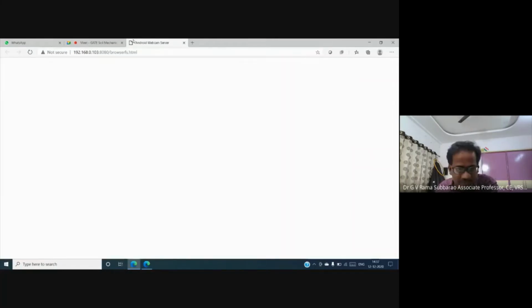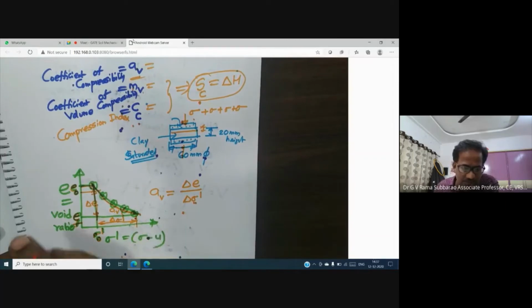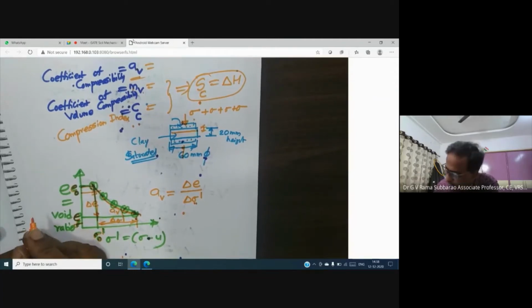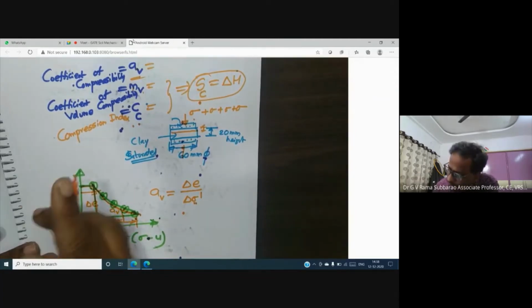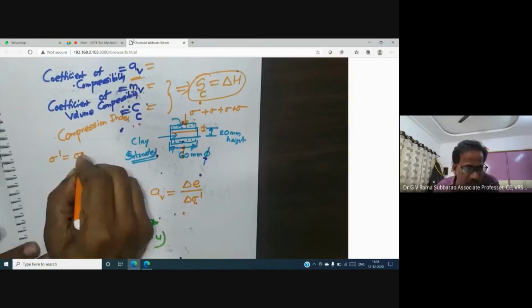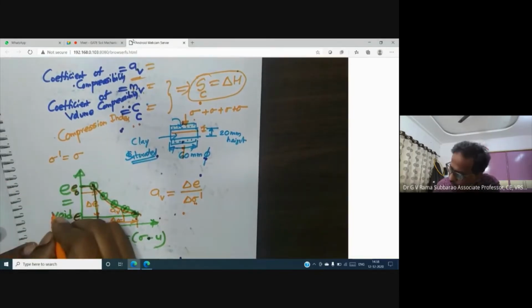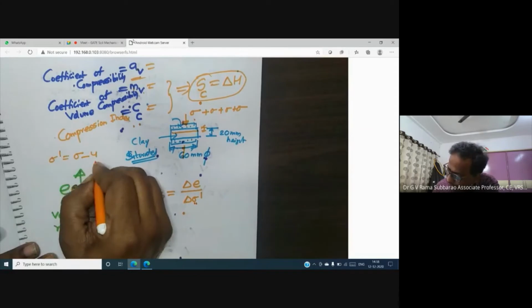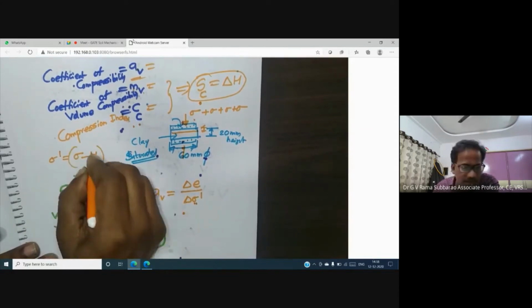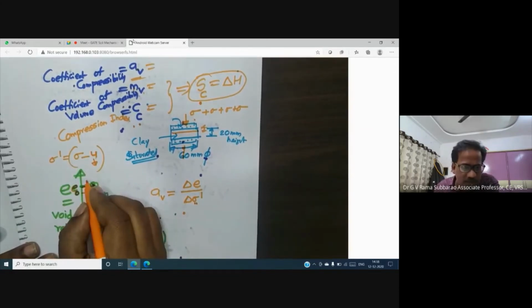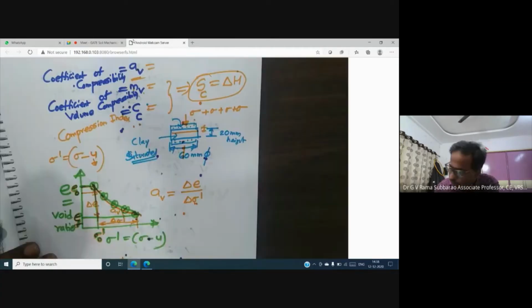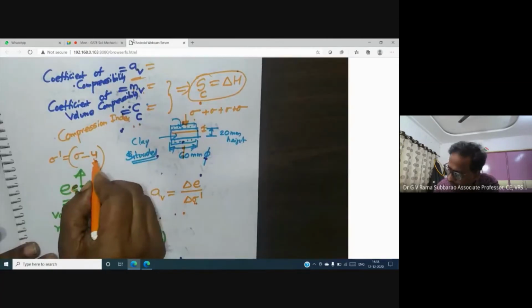Increase in stress, delta sigma. But in the process of consolidation, what is happening? Somebody can ask me, sir, can you explain what is happening in consolidation? From the viewpoint of Terzaghi, father of soil mechanics, when consolidation is undergoing, pore water pressure is decreasing. As you know, the water is squeezing out from the soil mass. Pore water pressure is decreasing. What happened to effective stress now?